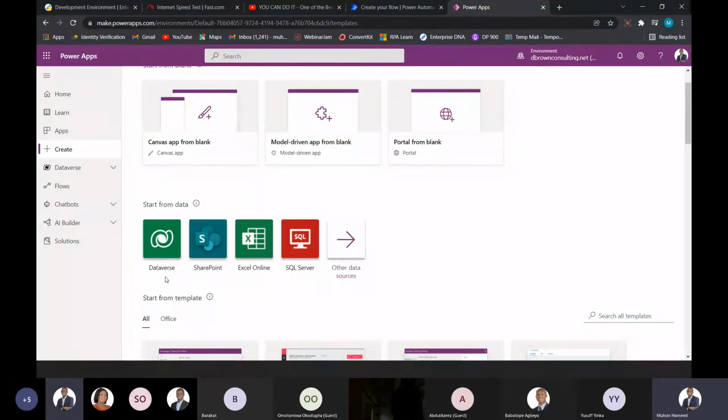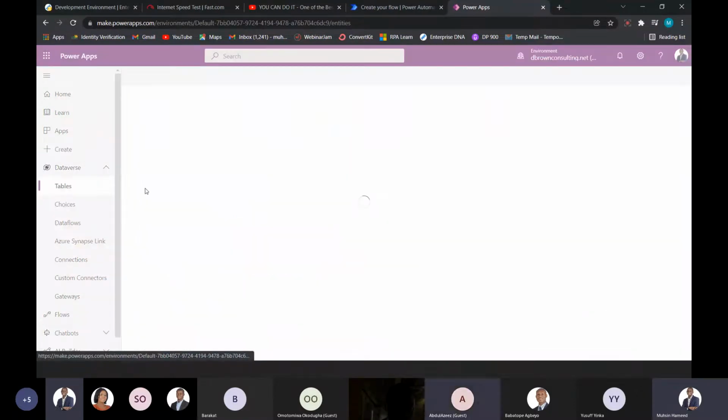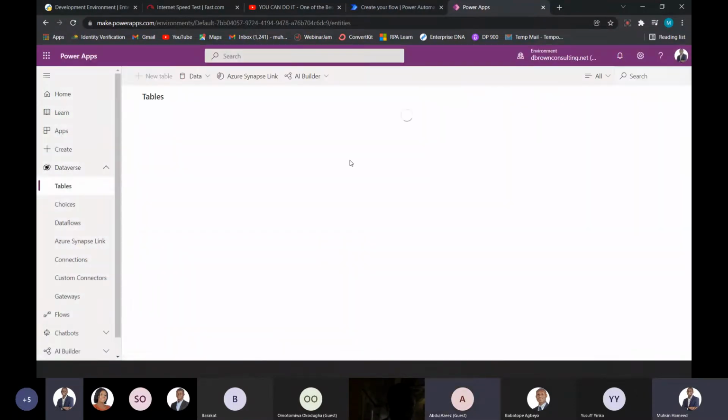How do we start that? We need to come to our Dataverse here, so we can follow along. We click on this drop down, and then we click on tables, just like we did then. Click on tables. So once we click on tables, what you may see for now,